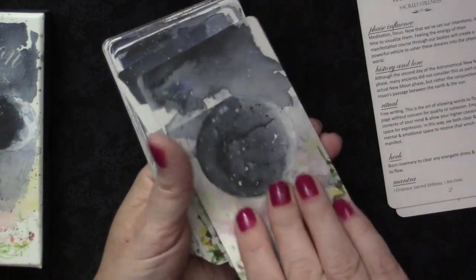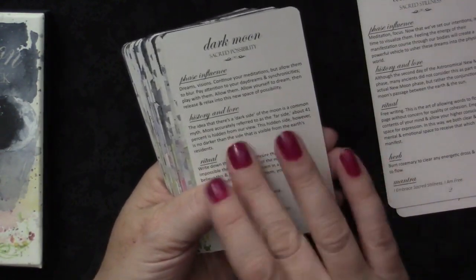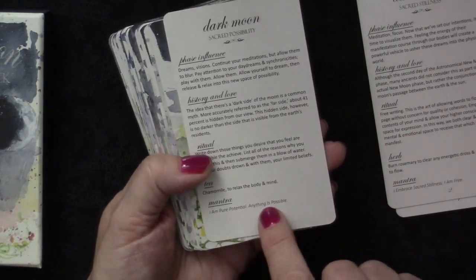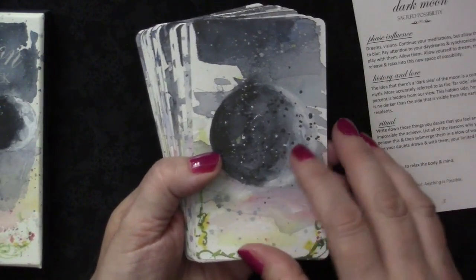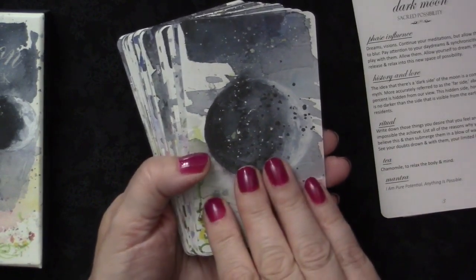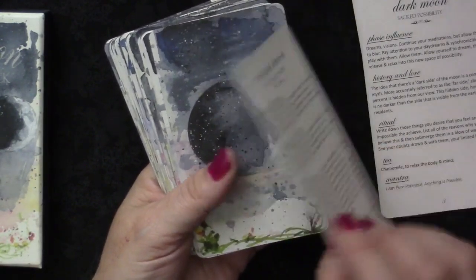So we have the dark moon, or the second day of the dark moon, the third day of the dark moon, talking about the myth of the dark side of the moon. Again, I am pure potential. Anything is possible. Sacred possibility. So even though it's an extended phase, we get new things for each day that we have a phase, and that's, I think, fantastic. So here we have the crescent moon phase starting, as you can see in the image,